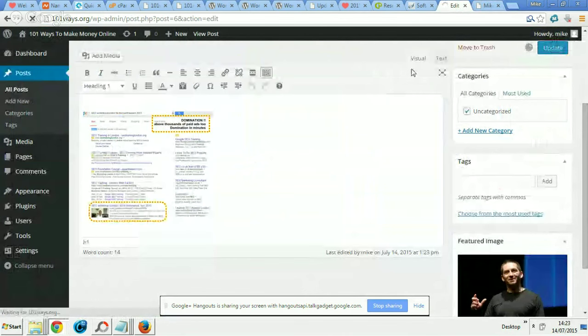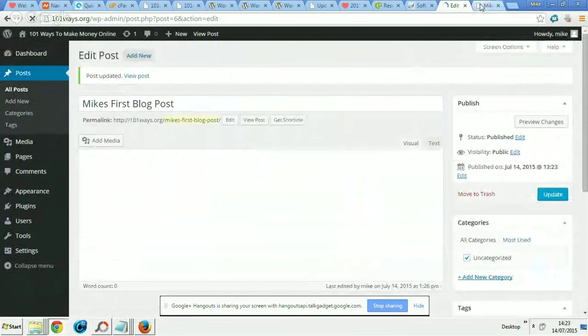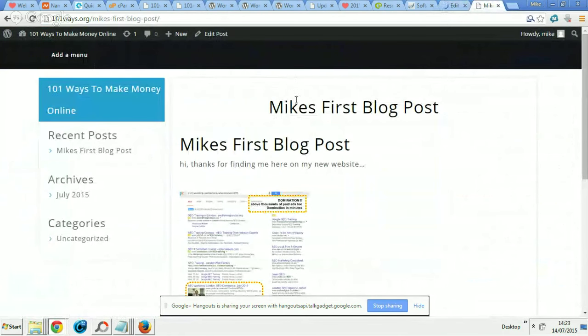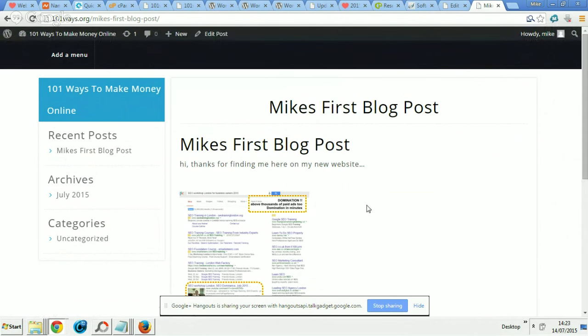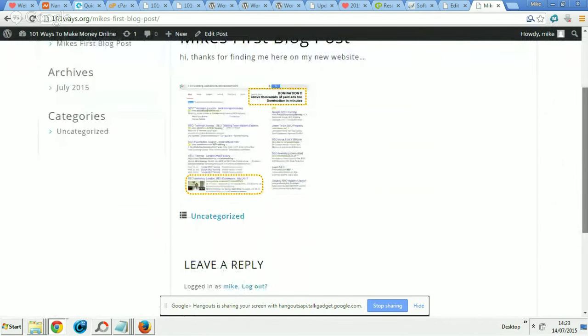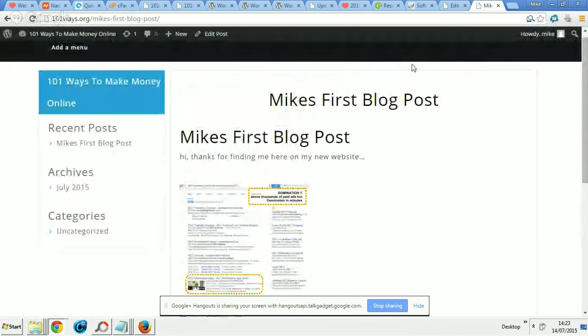Update it. Then go back to my main website and click on my main website, 101 ways. Good, perfect. So as you can see from the URL at the top, that's the name of my website, and this is my very first blog post. I haven't put any banner images or anything in there yet at all. Okay, and if anybody clicks on that out of curiosity, it takes them to the blog post. You can find all about it. Make sense? Good. Yeehaw! Okay, I'm going to now stop recording and see if I can upload this